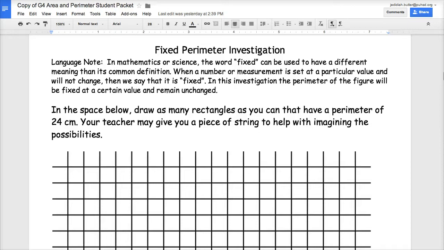All right, so here we are looking at this student packet, and we're going to do something with fixed perimeter. What does that mean when it's fixed? It's not broken, like there was something wrong with it. Fixed is something where it does not change. It's solid, it stays, you don't change it. So it says in the space below, draw as many rectangles as you can that have a perimeter of 24